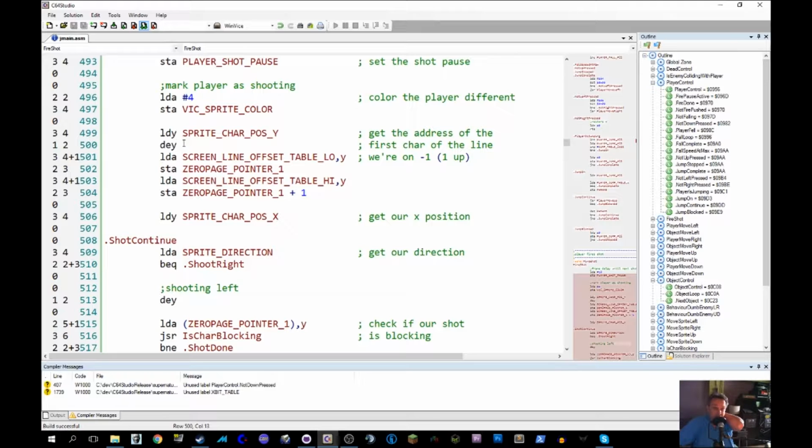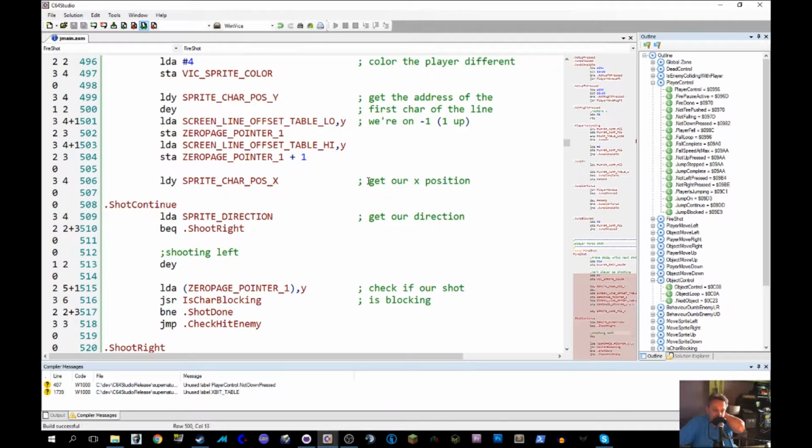As far as I remember, the character position was equal to our head, but it must be our feet, because going up 1 makes our position equal to our head, which would make sense. So we basically get the Y position of our head, and then we get our X position,